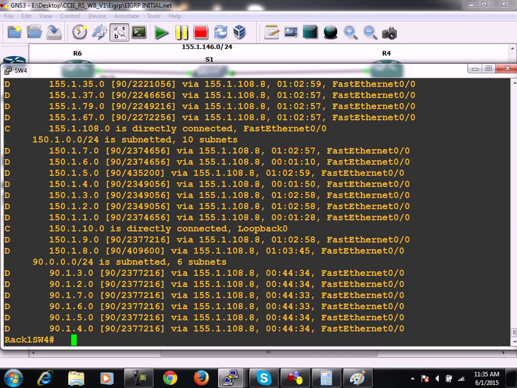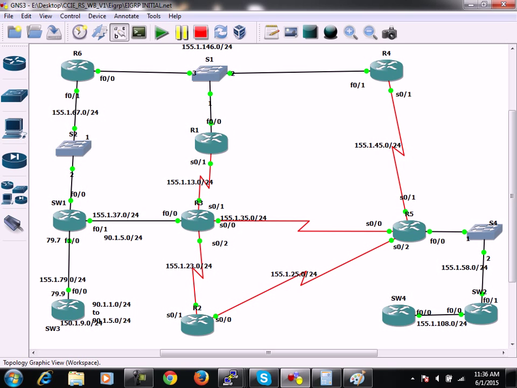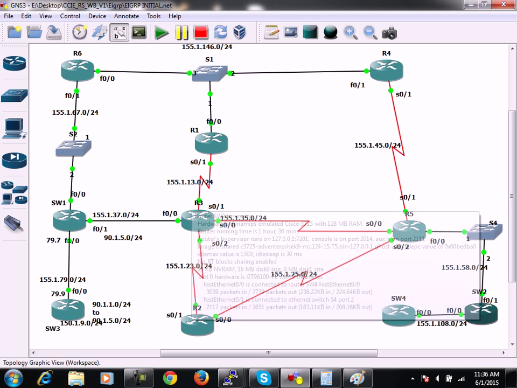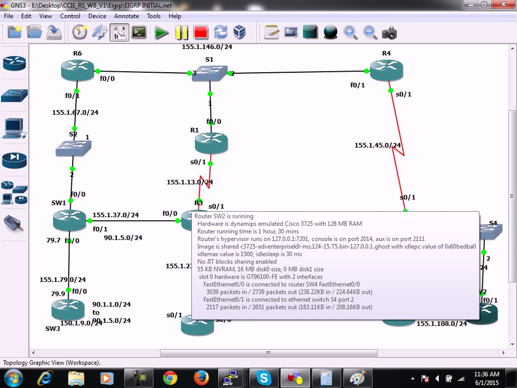All odds, all evens. Procedure is same as RIP. The use of distribute list is same as RIP. Like you can use distribute list in both directions, in inbound as well as in outbound direction too. But remember that EIGRP is a distance vector routing protocol, so it will advertise only and only best routes information towards its neighbor. What does it mean? That if you filter some routes in outbound direction from R5, it means they will not be available on switch 2, and if they are not available on switch 2, it means definitely they will also not be available